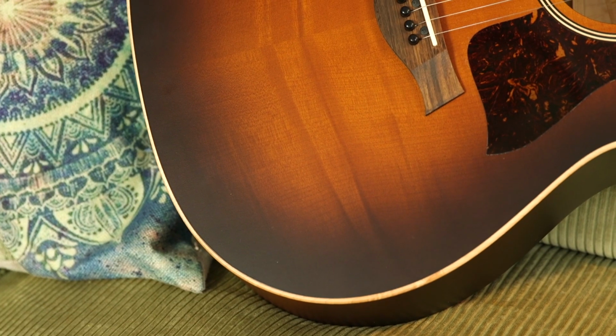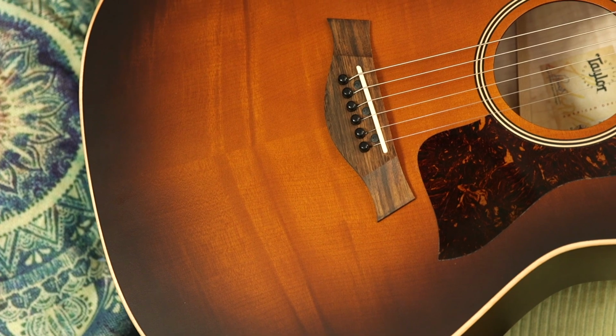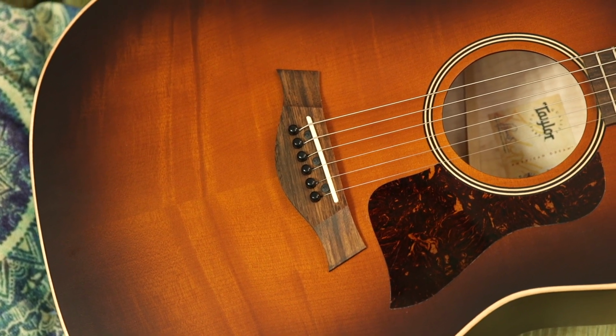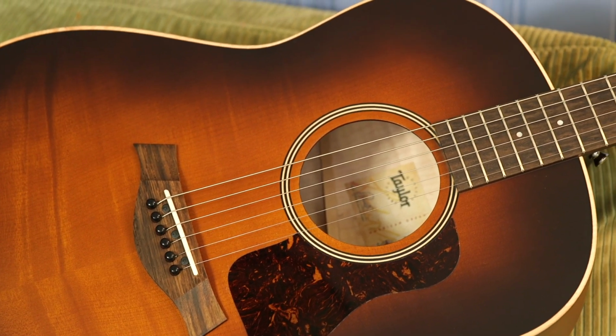Today we're taking a look at the brand new, and I mean brand new, Taylor AD27e Flame Top. Why Flame Top, you ask? Because it's all maple. I've never seen an all maple acoustic guitar, and we're going to tell you about how